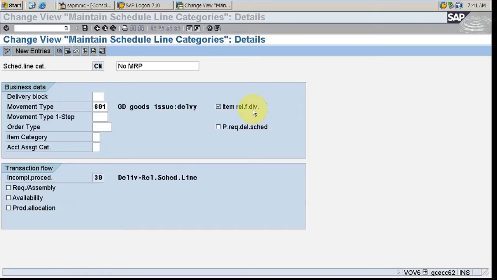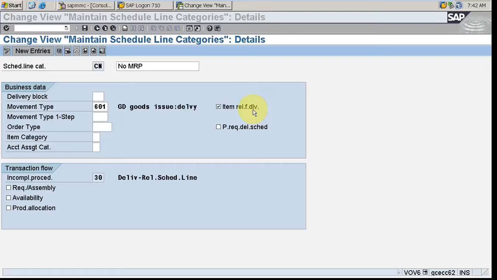Okay, then we will go with this actually. See what happens in item category: there will be an accounting document generated when we do PGI, right? That means the stock would be changing there. But in some scenarios we want to deliver the goods, like in the consignment fill-up, the first process.